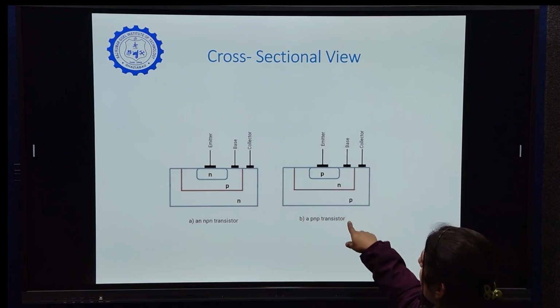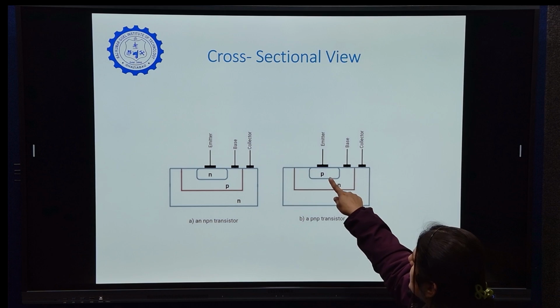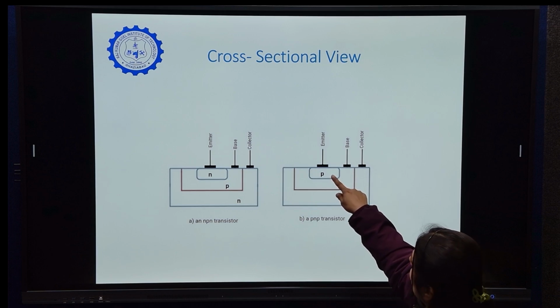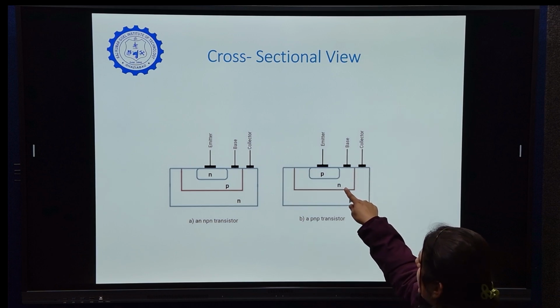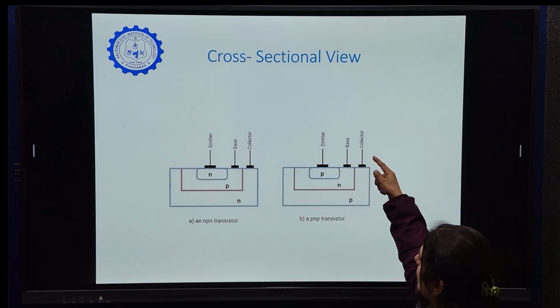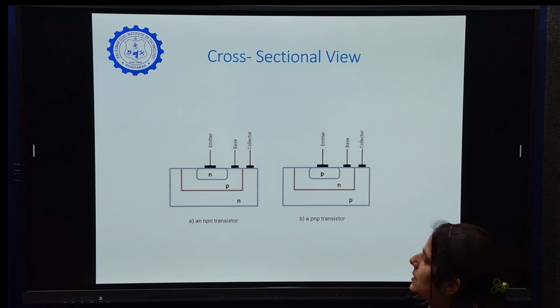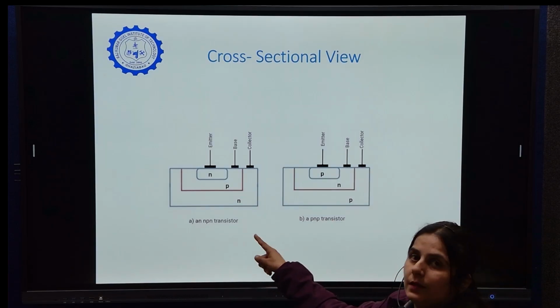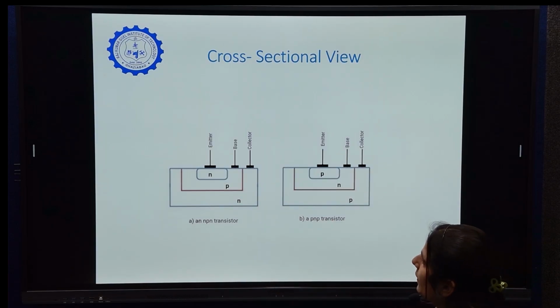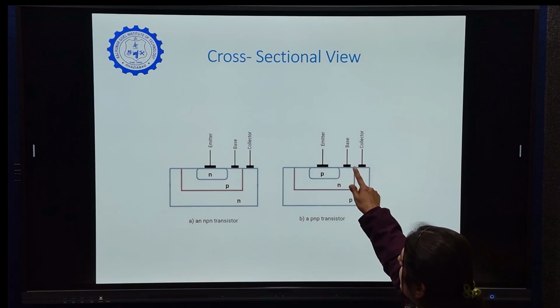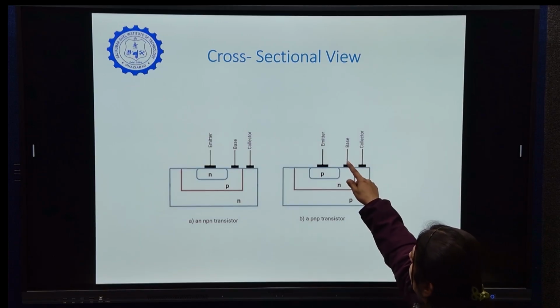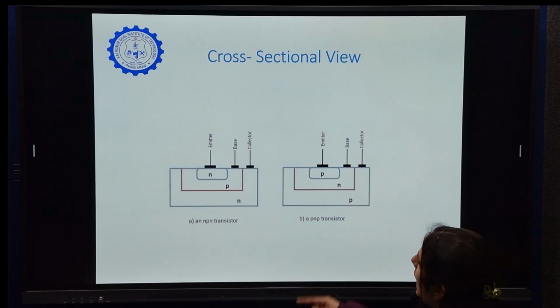Similarly, in PNP transistor, the emitter terminal is connected with the P-type semiconductor, base terminal is connected with the N-type semiconductor and collector terminal is connected with the P-type semiconductor. These are the metallic contacts from which the emitter, base and collector terminals are connected to the semiconductors.